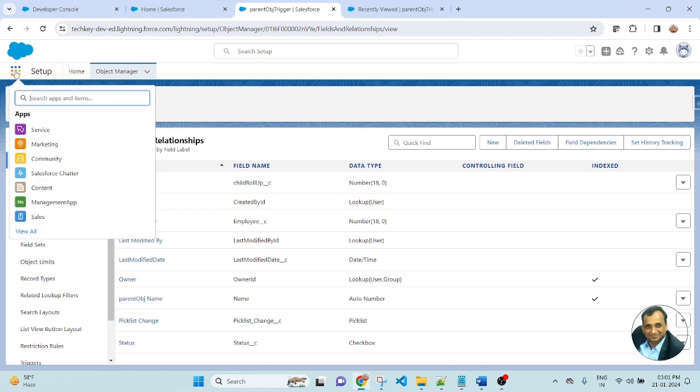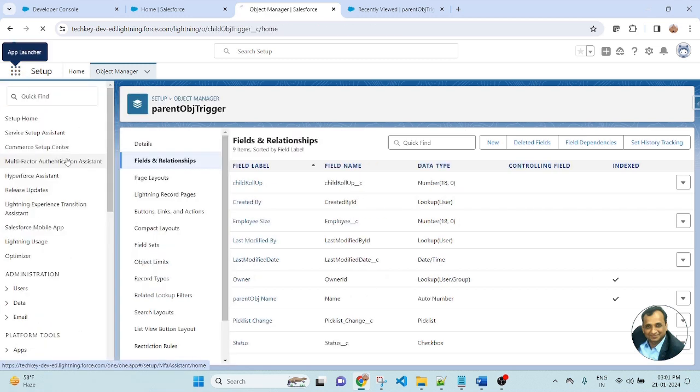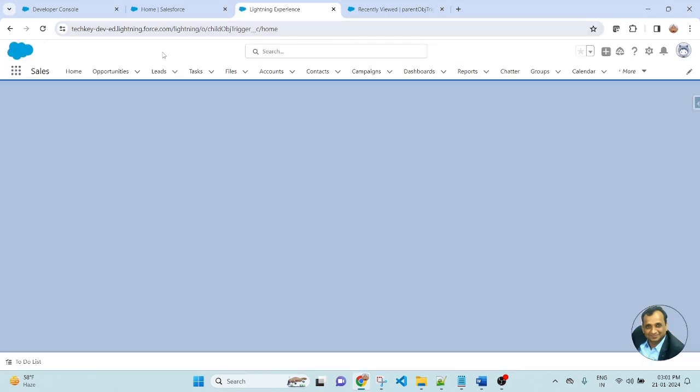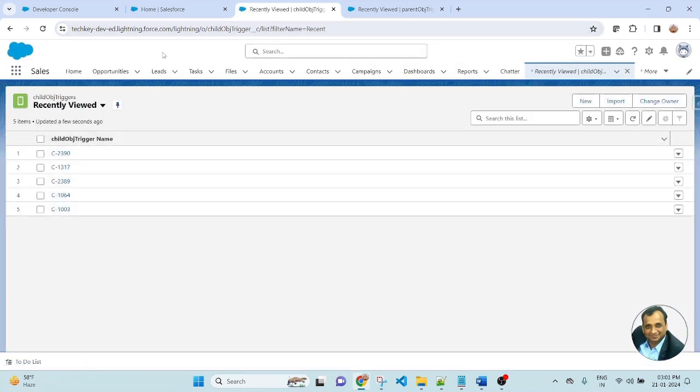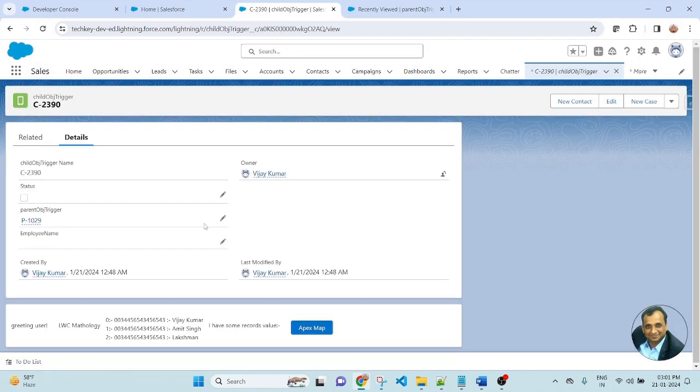Go to the app launcher, search child object, child object trigger. This is a child object trigger. The scenario is, if I am updating any record, suppose I am opening any record, and this is a parent object trigger.